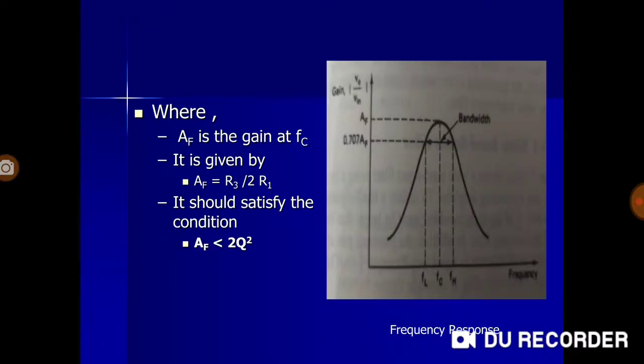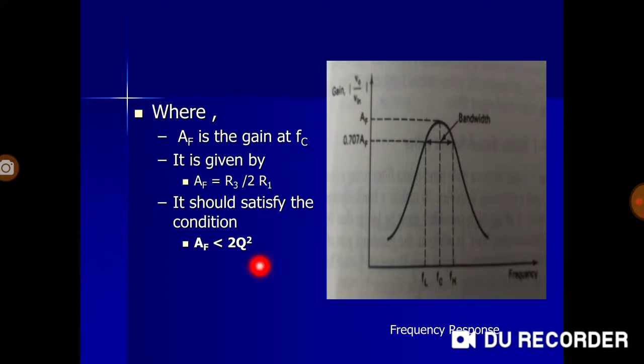If you look at the frequency response, gain versus frequency, this is how the response goes. At the center frequency, the maximum voltage appears. Otherwise, there is no point where you have the maximum gain or maximum output voltage. It keeps increasing, at one point it is maximum, and that particular frequency corresponds to FC, and then it falls down again. The bandwidth that we consider is again at 0.707 of AF, and that is FL to FH. For the designing part, we don't need to know FH and FL. We just need to know the center frequency.